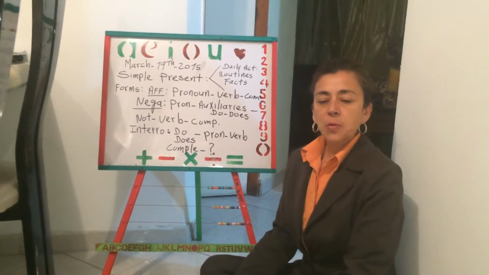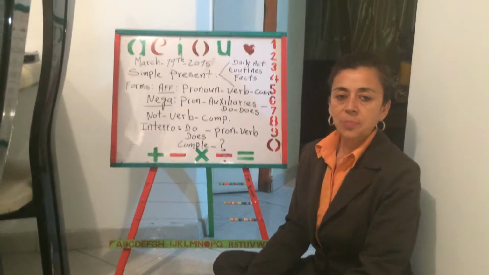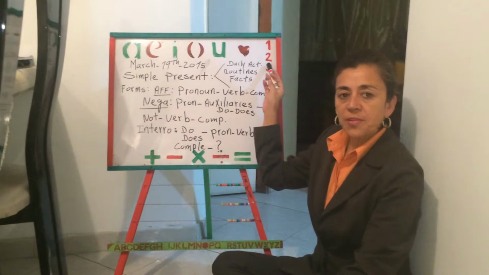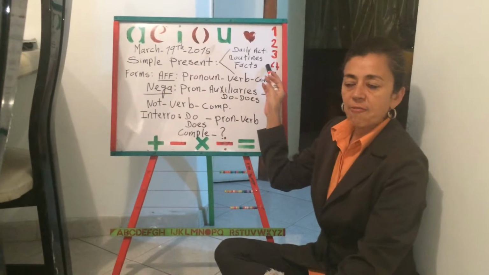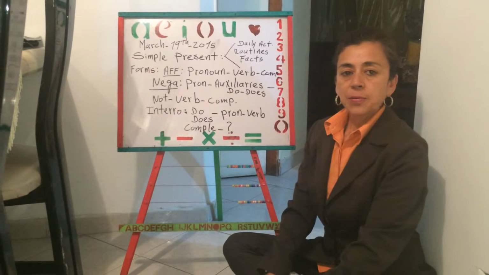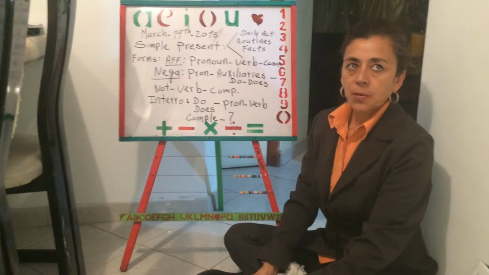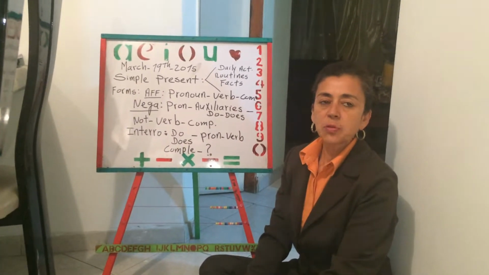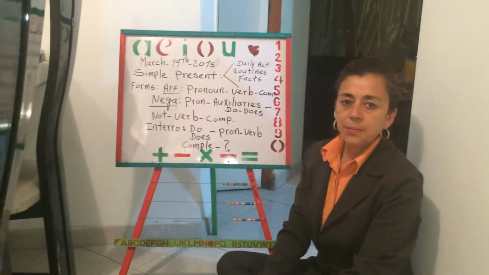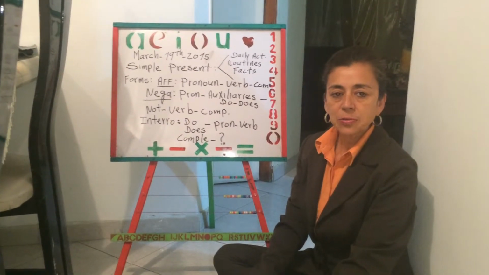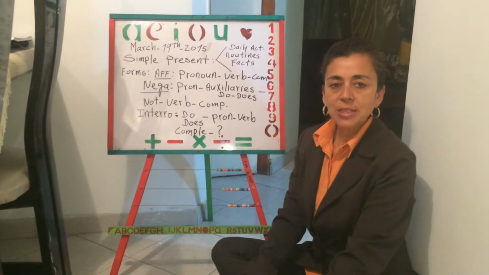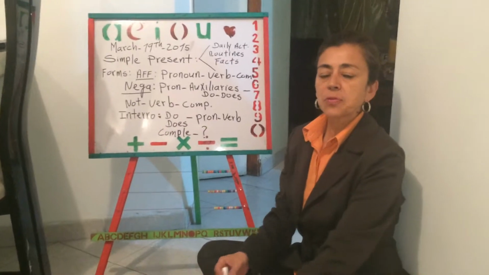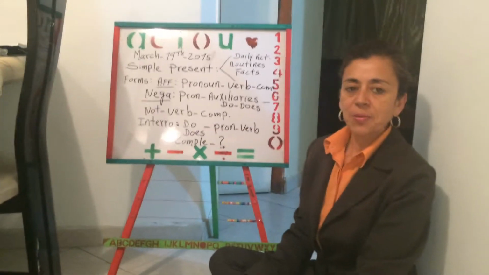Today I am going to explain the simple present. As we see, we use the simple present to talk about daily activities, routines, and facts. In order to use the simple present, we have to take into account that we need to use the verb in present, because when we talk about daily activities, routines, and facts, we are talking about our daily activities, our daily routines. So to form the simple present in affirmative